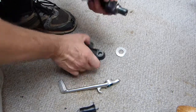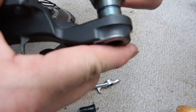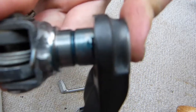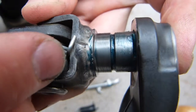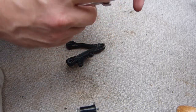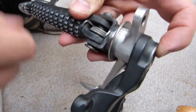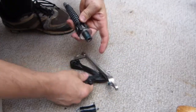The depth of this keyway here, or this flattened portion, when these two components are together, is such that about a millimeter of the shoulder is still showing, and that's for full seating. So that's why I only did one washer, because if I had two, then that's one too many. In this position here, you can see the flat shoulder showing, because it's covered up by the thickness of the washer. But without the washer,